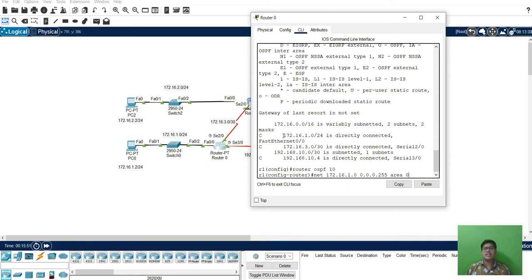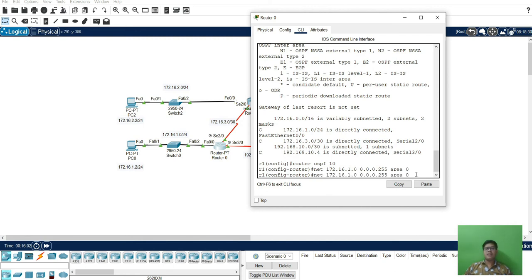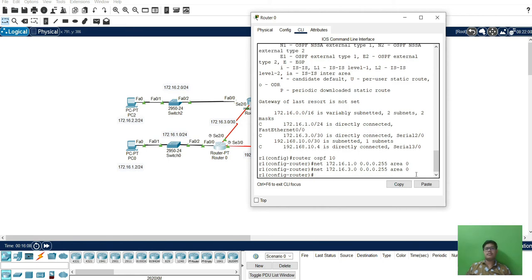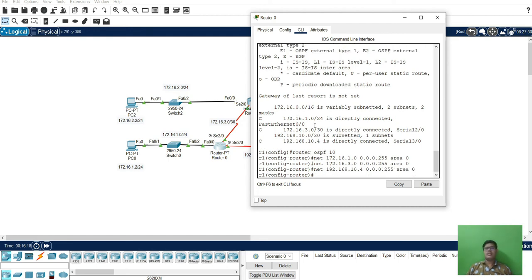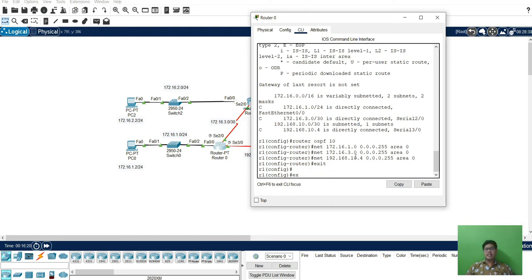Here you can see 172.16.1.0 is connected, and this is known as the wildcard mask, and this is area 0. Next we give the network 192.168.10.4. So here all three configurations are done.